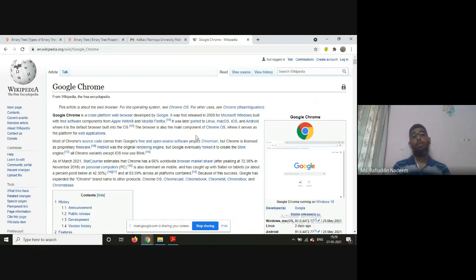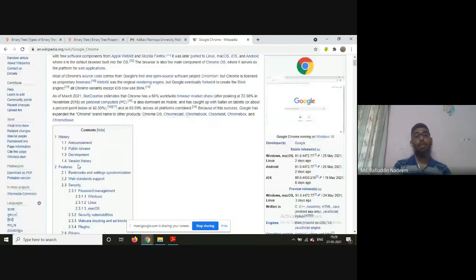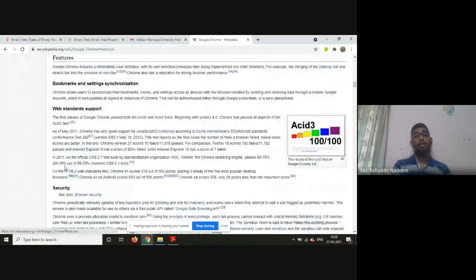Then most of Chrome's source code comes from Google's free and open source software project Chromium, but Chrome is licensed as proprietary freeware. WebKit was originally the rendering engine, but Google eventually forked it to create the Blink engine. Okay, so some of the features are given about this. So the features we have is about